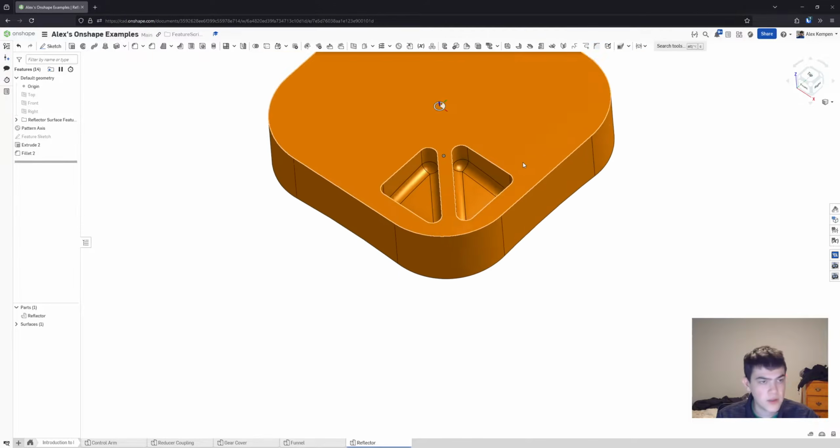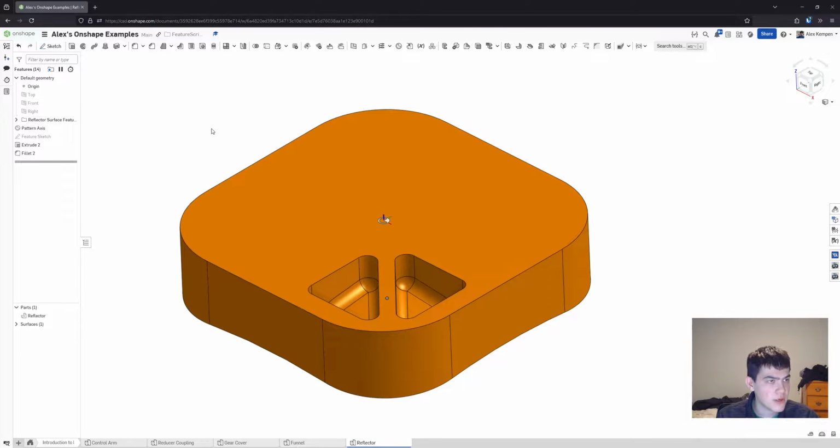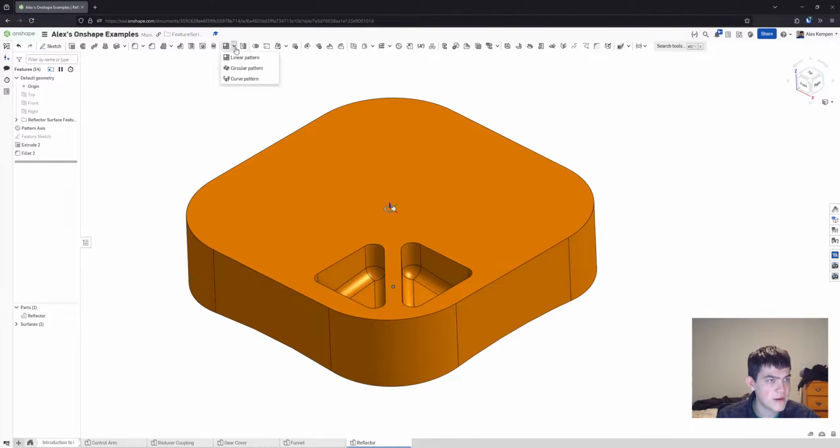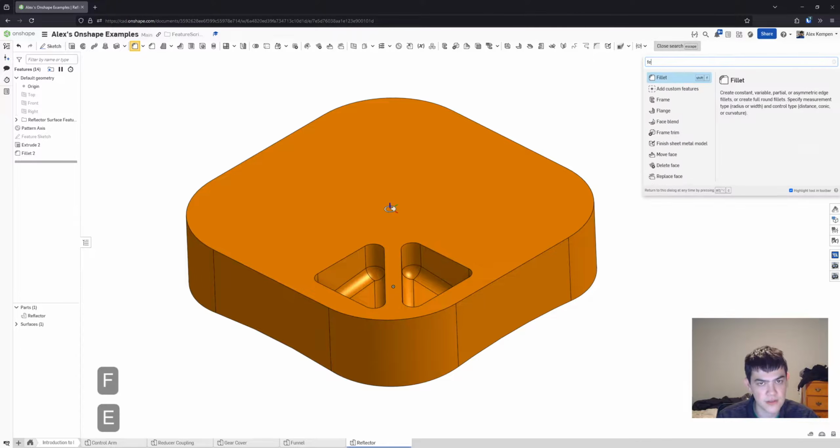Cool. All right. So now we're going to go ahead and do a feature pattern, right? We already saw a sketch level pattern earlier, right? Here we're doing a feature level pattern. And so the benefit, of course, is,